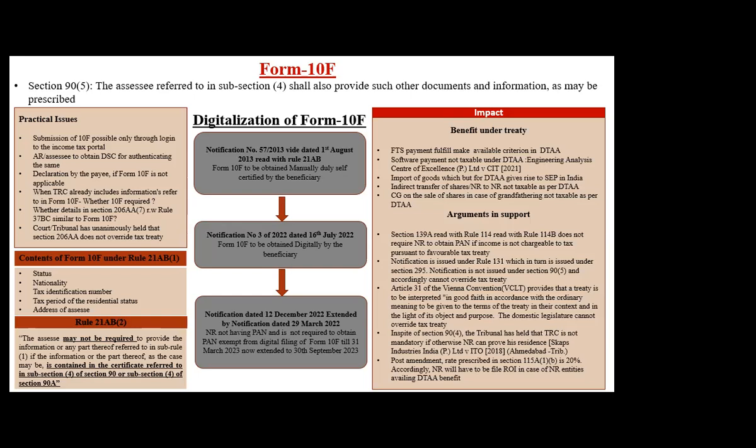It is always 1 pager, but if you see, the US has a 2-pager TRC. You will have to specifically tell your non-resident client or assessee that we need the complete tax residency certificate. It is a 2 pager. Now he will only give you 1 for whatever reason. I don't know whether there are 2 separate pages or 1, but if you ask them, they will give you both the pages. The second page has all this information. Then no need of that. So no need to file 10F. Practically no need to file 10F in that case where the TRC has all the information.